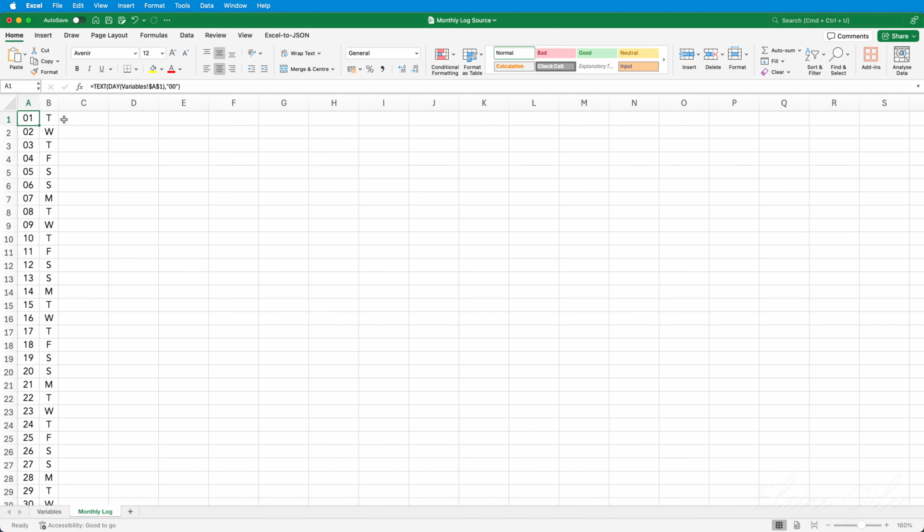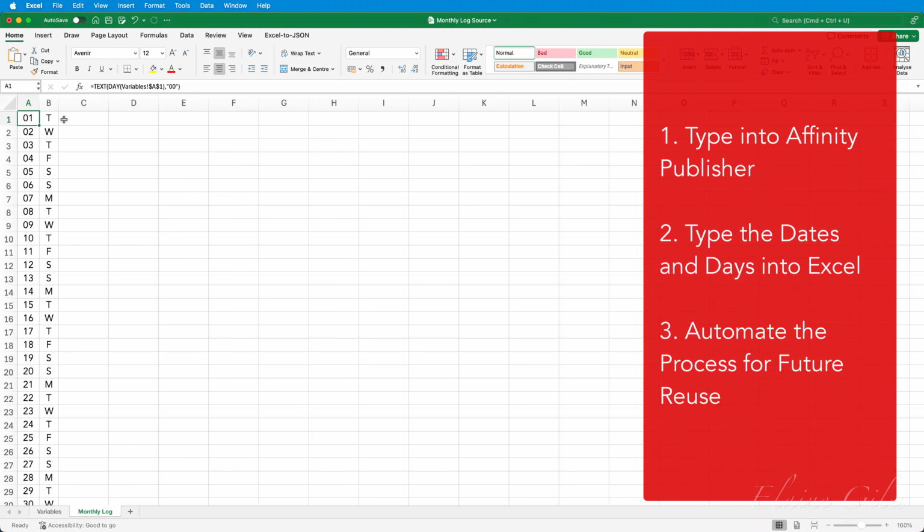Now, I said this is completely optional because you have 3 options. You could type it straight into Affinity Publisher. You could use Excel, but just type it into Excel. Or the third option, which is the one I've used, which is to automate it. I won't go into all the details of how I've automated it because all I'm going to do with the